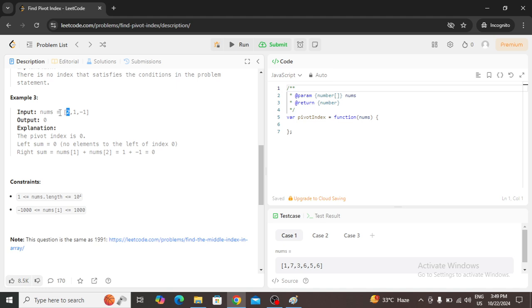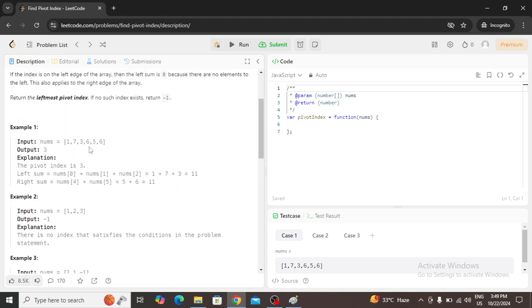The right sum is 1 minus 1, which is 0. So the right sum is 0 and the left sum is also 0. The left sum is equal to the right sum, so the output will be index 0.